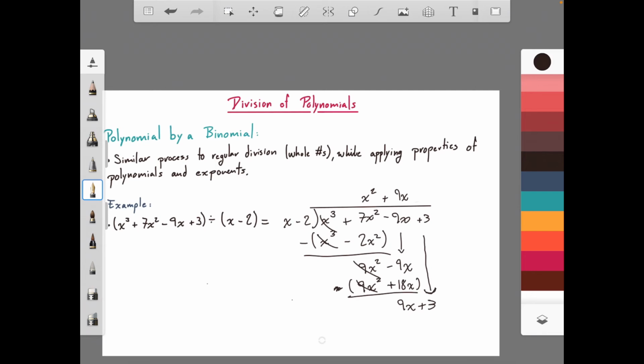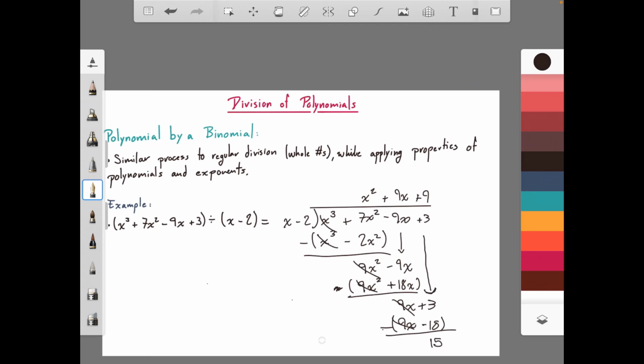It's 9. So plus 9. So 9 times x is 9x, and 9 times negative 2 is negative 18. Now we're going to subtract that, and this cancels out, and this we're going to get